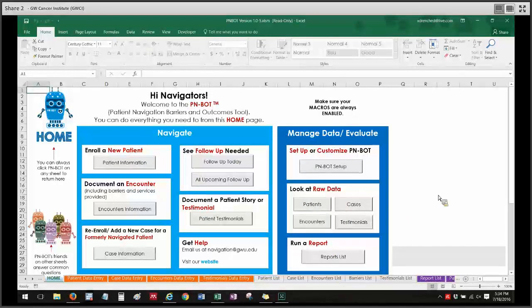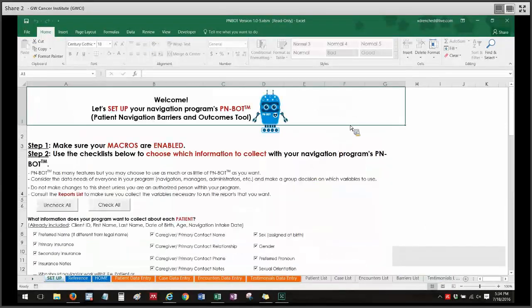So the first thing I'm going to want to do when I download PNBOT is to set it up. So I'm going to click on PNBOT Setup to take me to that sheet. Again, macros need to be enabled, and then I can use a checklist on this sheet to choose which information